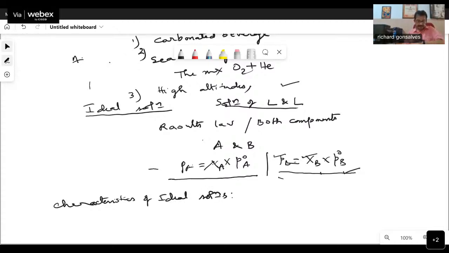What is the characteristic of ideal solution? Ideal solution characteristic is when I mix the two components A and B, one, force of attraction